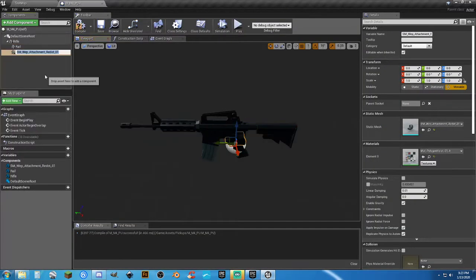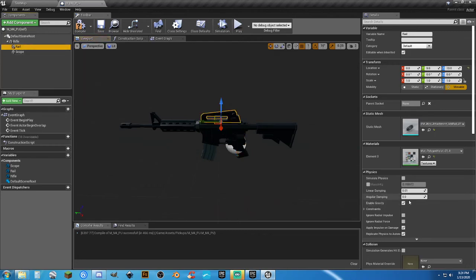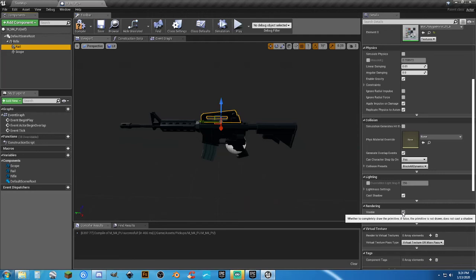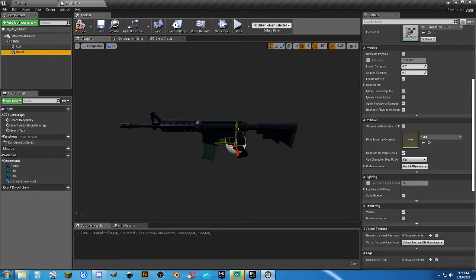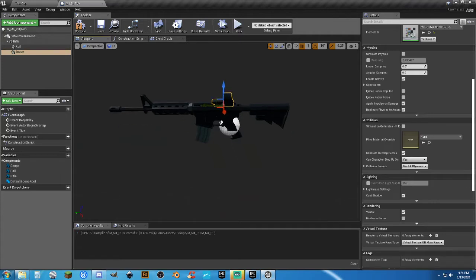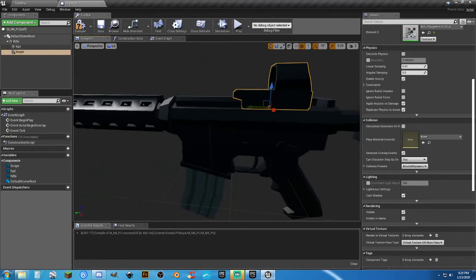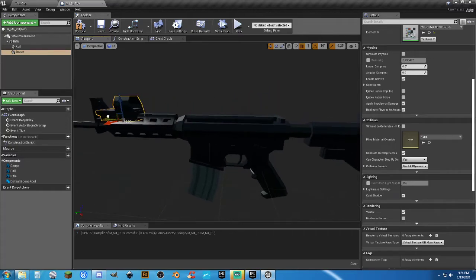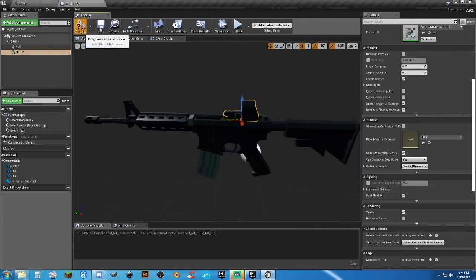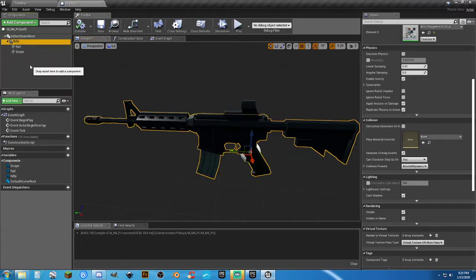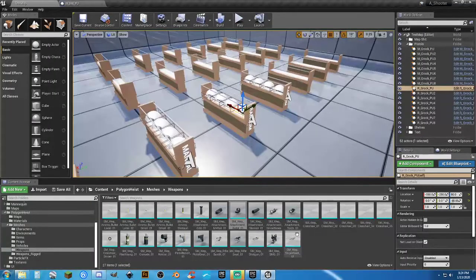Add component, scope, and for now, we can actually take the rail, uncheck visible, so that we can actually position our scope where we want it. Now we could do both, and if you know anything about weapons, and I kind of do, a little bit, a red dot optic does not have any magnification to it, so it could be up here and work just fine, but we're going to put it back here for aesthetics. And compile and save, select back on rifle again, and let's go ahead and grab the silencer